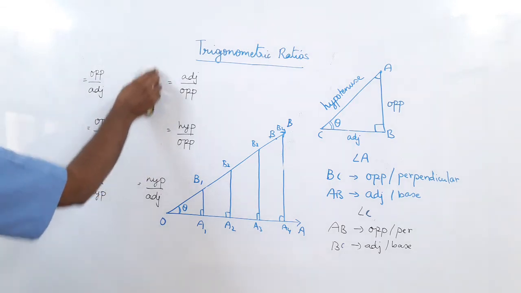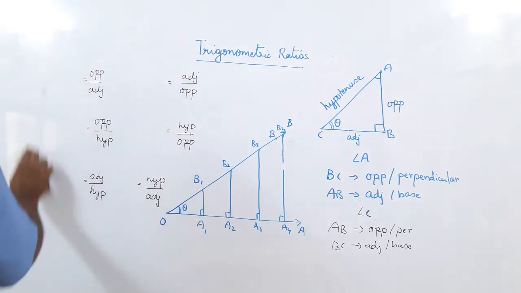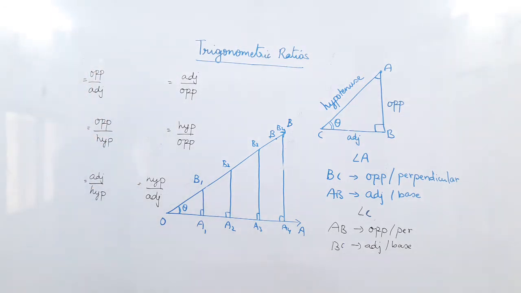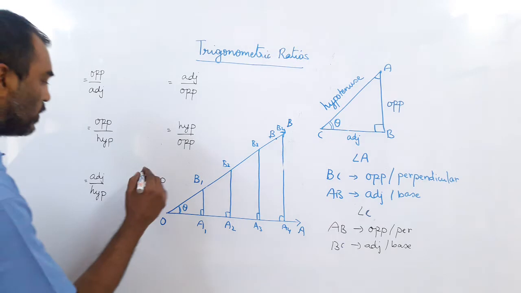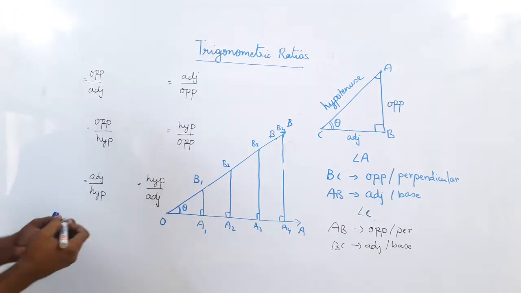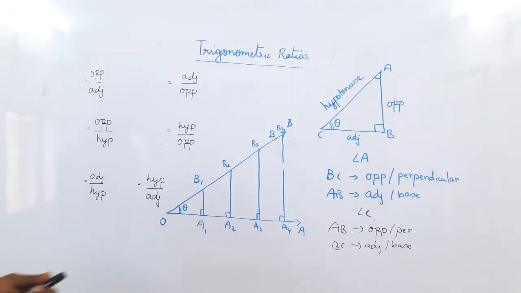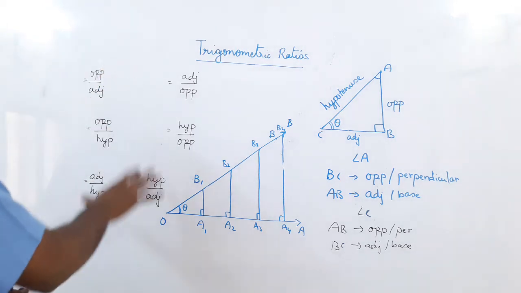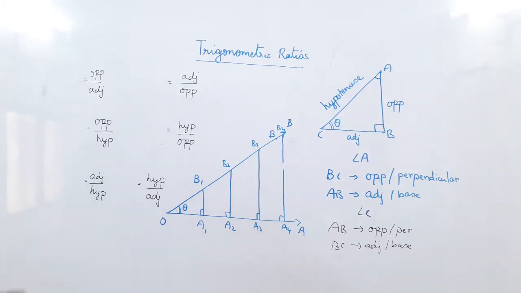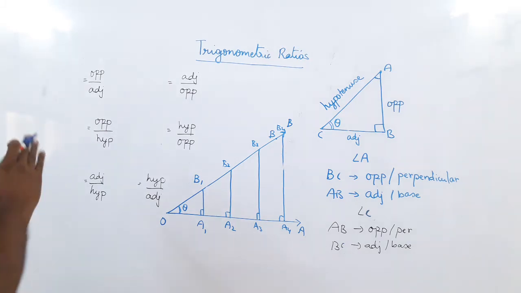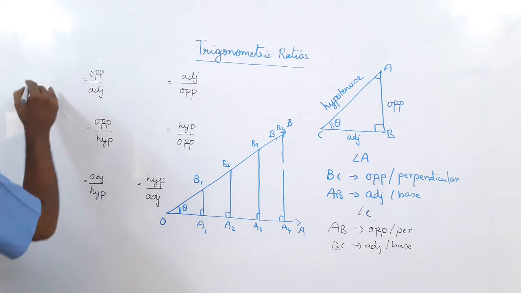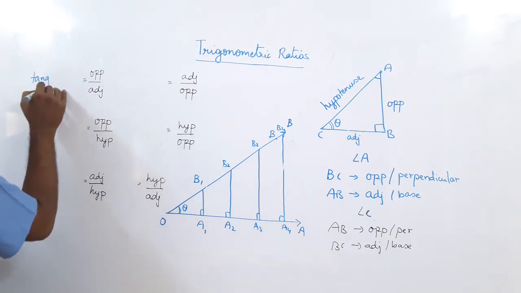Now we start the trigonometry part. So these are the 6 ratios we got. We have to name these 6 ratios. So we cannot take just any names. We follow the books normally. So we will take the names what the books have chosen for us. So 6 ratios, and this is the part we have to learn. The rest of all trigonometry can be derived. So the ratio of opposite upon adjacent is called tangent.